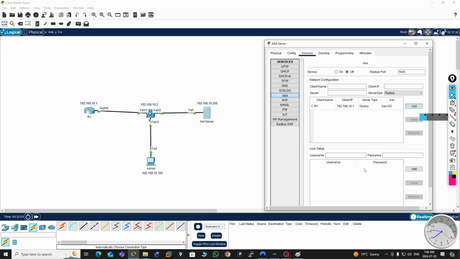Okay, so we're going to add. That's added. Now we're going to do the same thing for the switch, but now we're going to use Radius. We're going to log into the switch using Radius server. So I'm going to call this one switch. The IP address is 192.168.10.2. And then we'll provide the same key